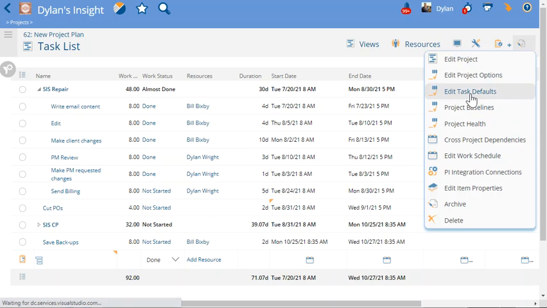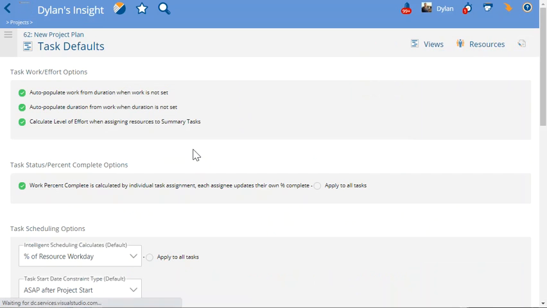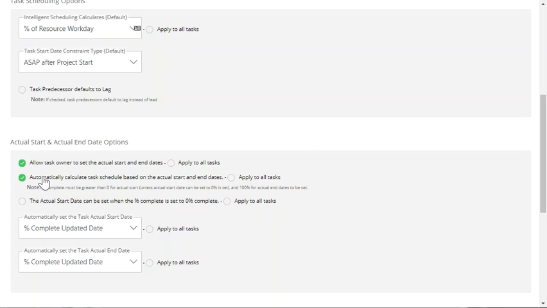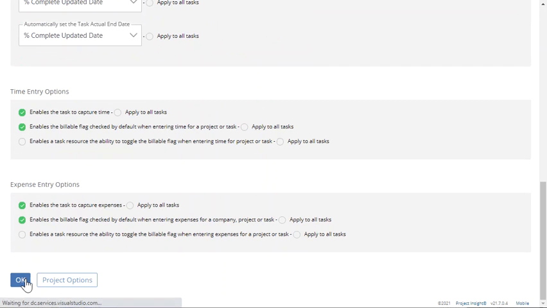At the project level, I'm going to go to my edit task defaults. This is the checkbox that you want to use: automatically calculate task schedule based on actual start and end dates. You want to apply that to all tasks so that it hits all tasks within this project. By doing so,